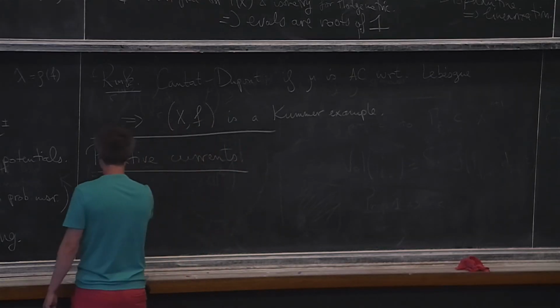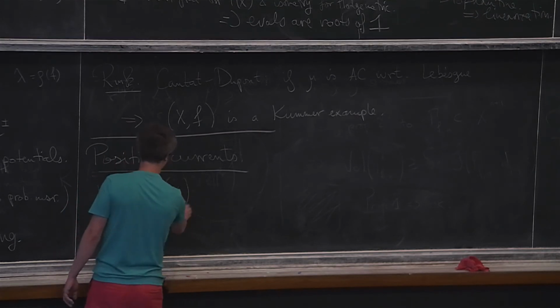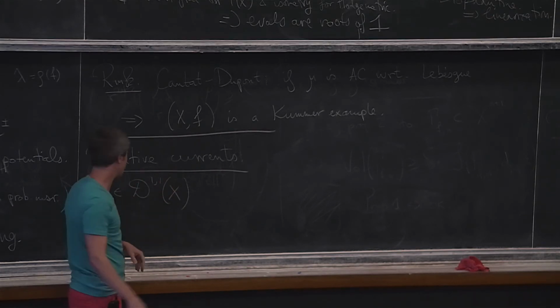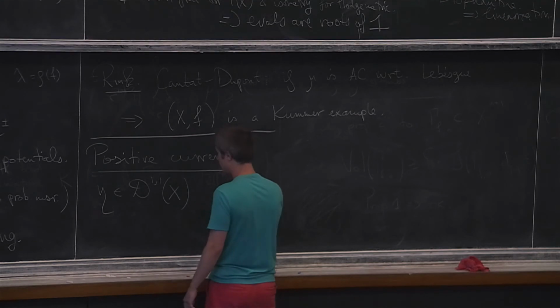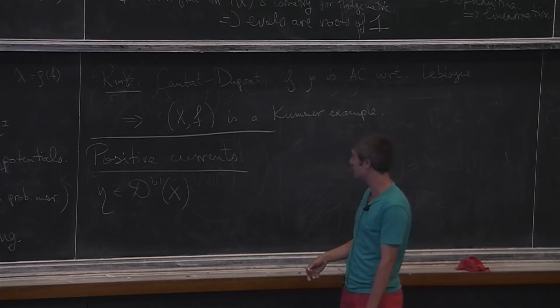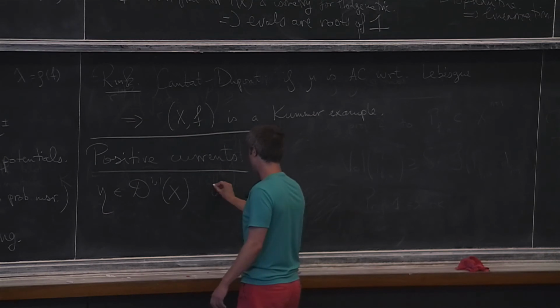So we have eta inside. I'm going to denote by D^{1,1}(X) the distributions which are dual to (1,1) forms on X. X is a surface. So this is the same as to say that you can think of it as a (1,1) form with distributional coefficients. So such a gadget is positive